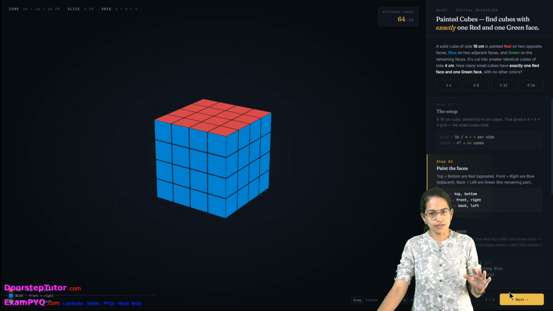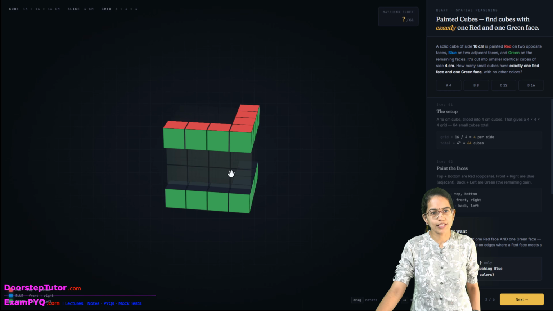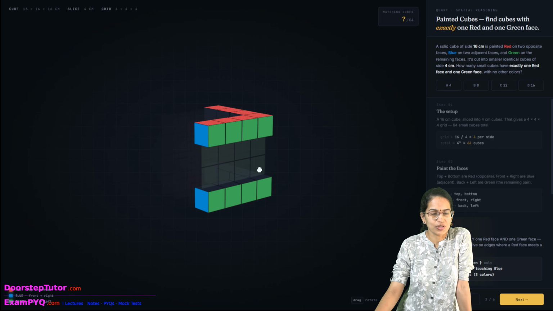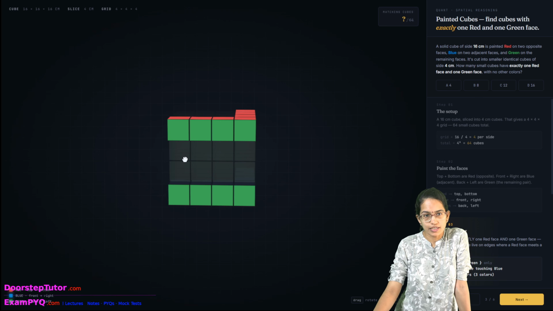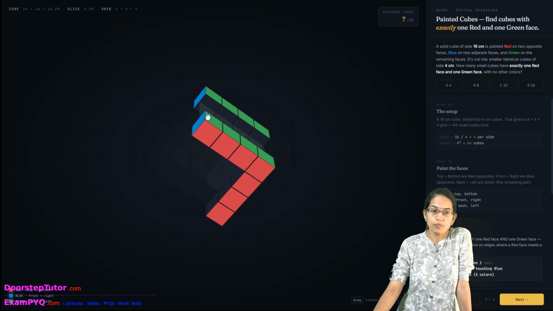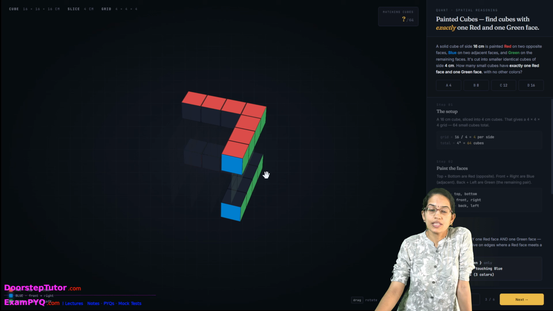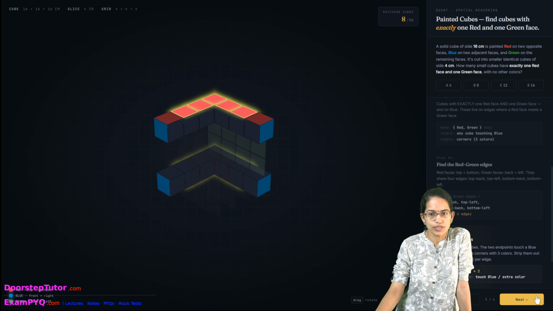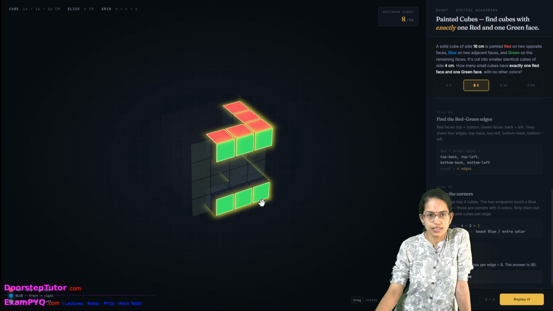So we painted the face already. Now we remove the sides which are blue. So only this section remains which is green and red. Understand this carefully, right? The blue ones we have already removed. Those which were not red adjacent to the green one are also removed. Now we need only red and green, so we'll remove the blue as well. Okay, now what happens is only this section remains.